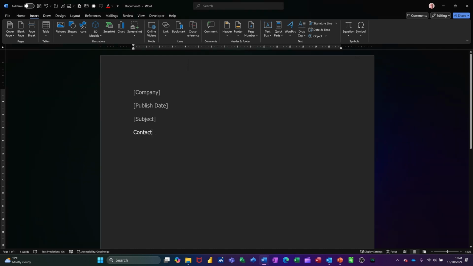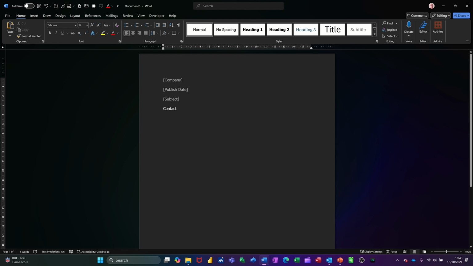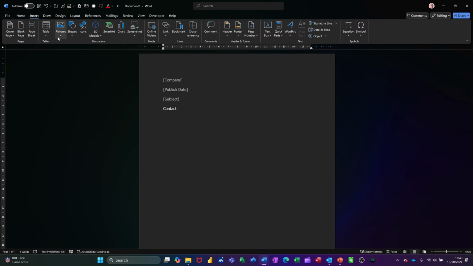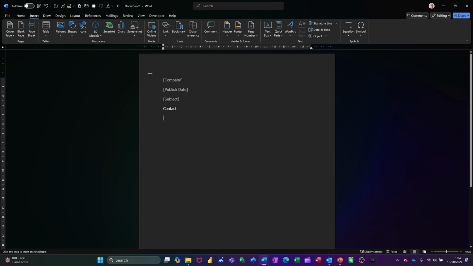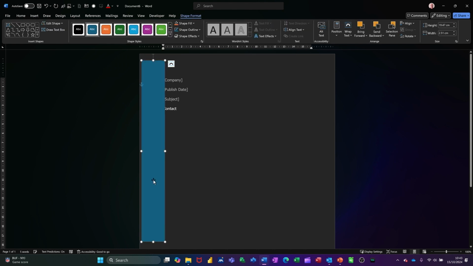Click OK, and then you've got the word contact there. Now, to add this as a cover page, you don't really need to fill this in, but if you wanted to, you could do. But I'm going to add this as a cover page. So what I want to do is add a shape. So if I'm going to insert shapes, and just a rectangle, which I can then type on. I'll just go down the margin like this, and in there I'll just type